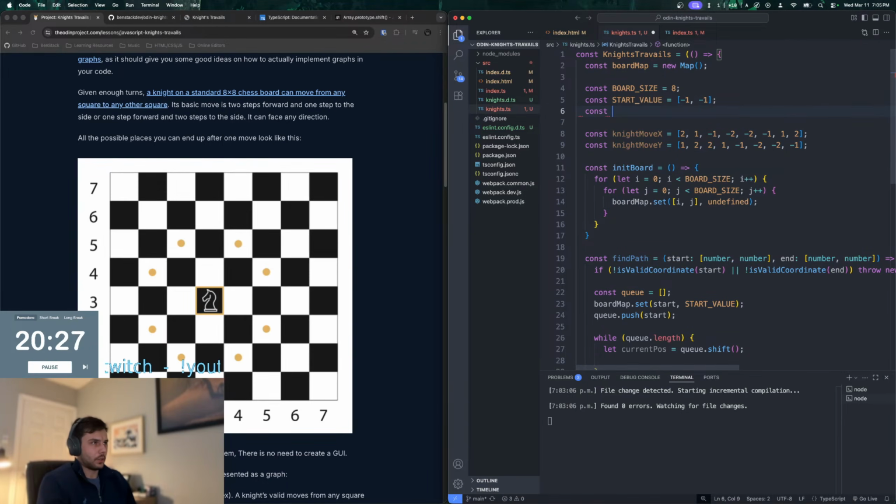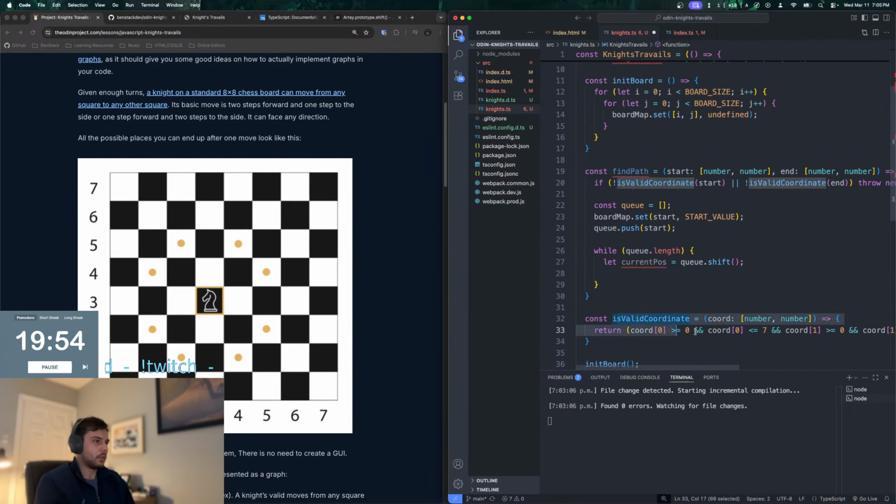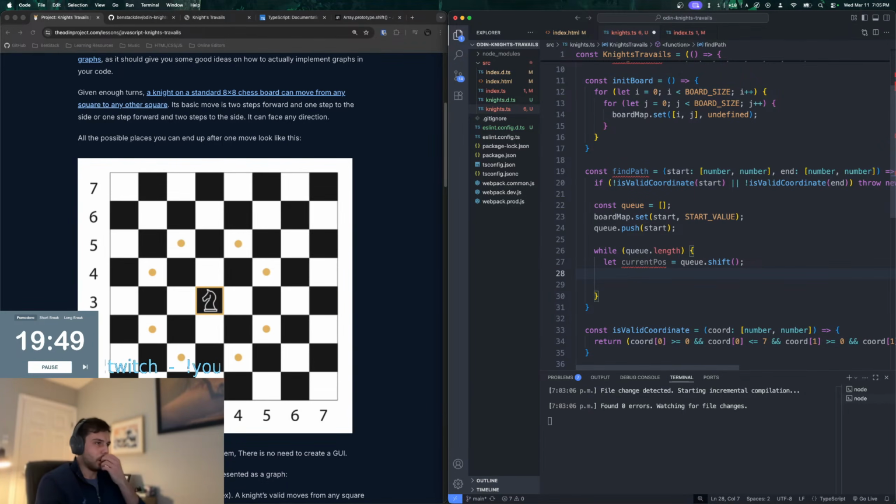So we also can have another constant called possible knight moves, or num knight moves or something. We'll just call it num moves, and it's also 8 because in the best case scenario, there's 8 possible knight moves, right? There might be fewer. For example, if we're in the corner here, the only possible knight moves are to this square and to this square, right? So there may be as few as 2. We have to cycle through all of them, and that's what this isValidCoordinate helper function's for, right? So what we'll do now is